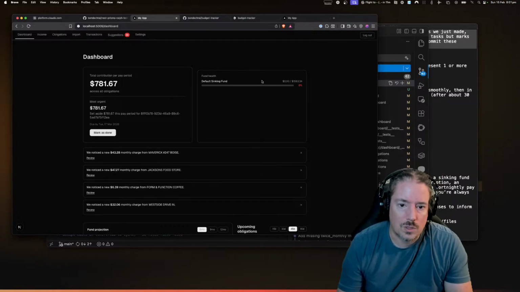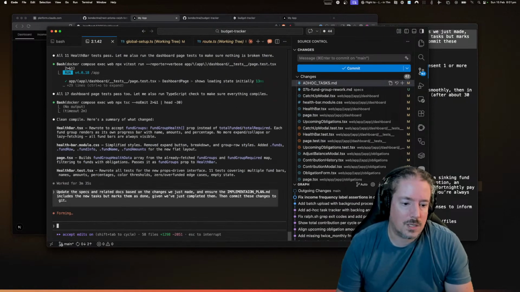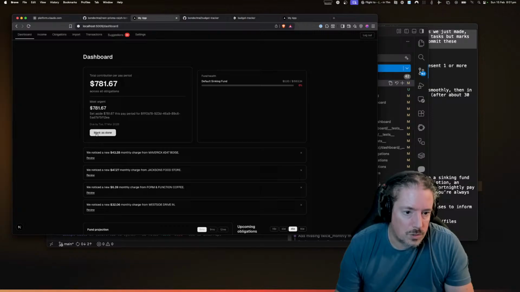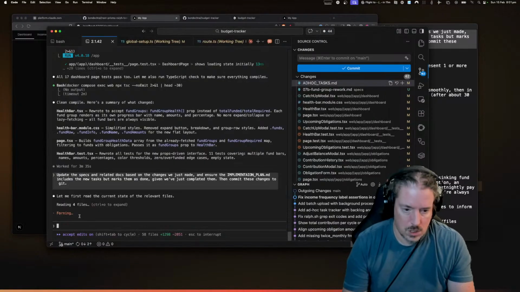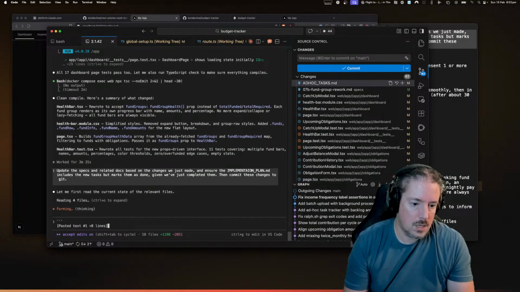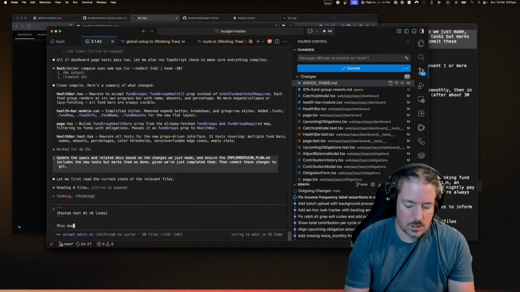So now if we look at the home page, we've got default sinking fund. Perfect. I think we can do something with the layout, but we'll do that later. The next thing I want to do is the most urgent here. This doesn't make